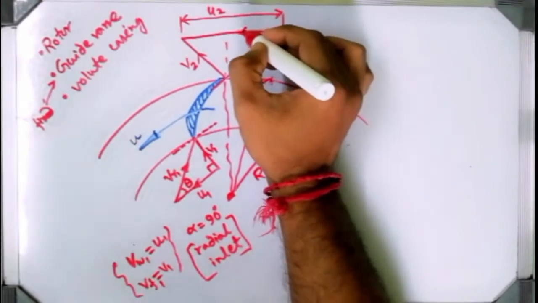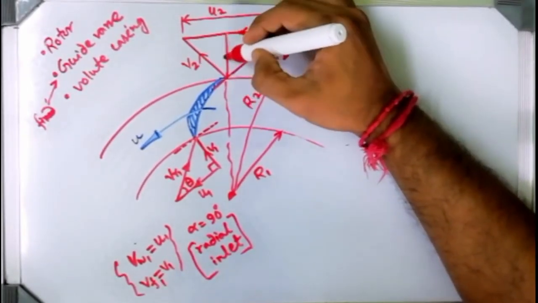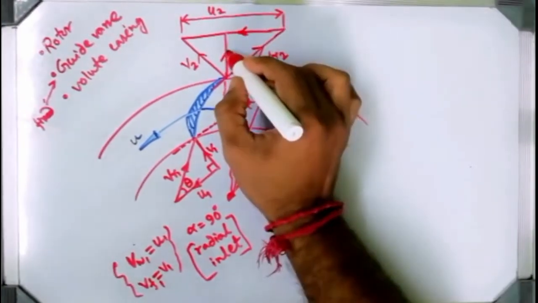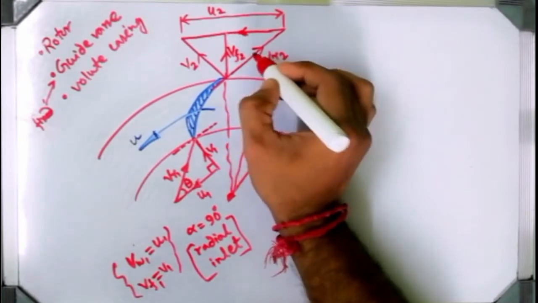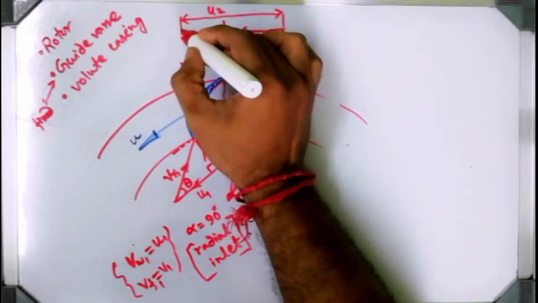Direction I am giving in this direction. Now v2 has two components. One will be the vertical component, which is known as velocity of flow, vf2, and one will be the horizontal component,